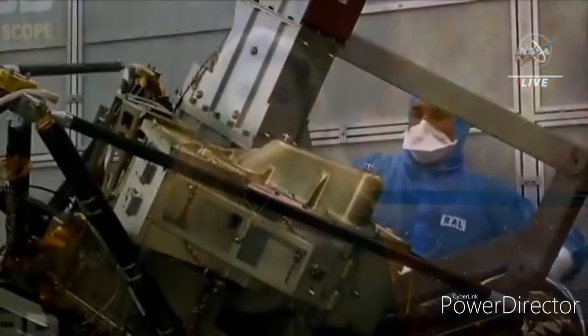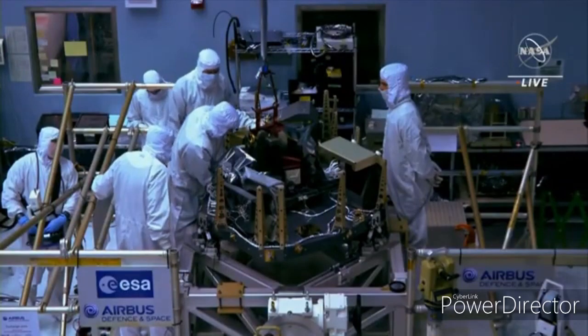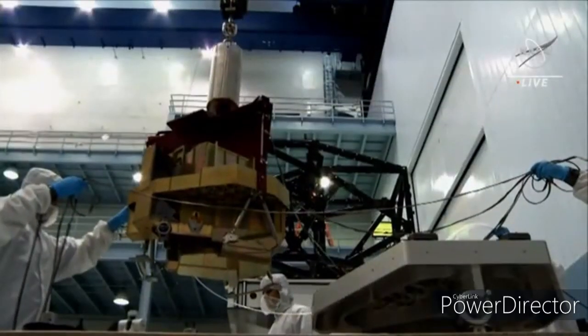Celebrations like this one are only possible with years of hard work from a cast of thousands. When a new mission is being built, even the most enthusiastic space fans only get to see dramatic moments in its life cycle, the news and images